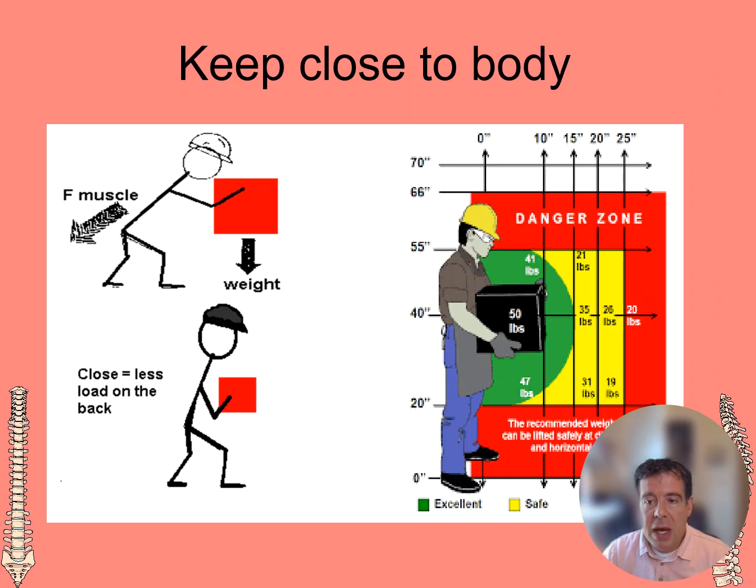So keeping it close to the body, this just goes to show again that the NIOSH limit is 51 pounds, not 50, but it's pretty close. We want to keep it close to that body. That green is doing okay. Notice how much the limit decreases by how far it is from the body. If it's an outstretched arm straight ahead, it should be no more than 35 pounds. And as far as we can reach, it dramatically decreases to 20 pounds. Same with anything over the shoulder, in that red zone, and anything below the knee in that red zone.